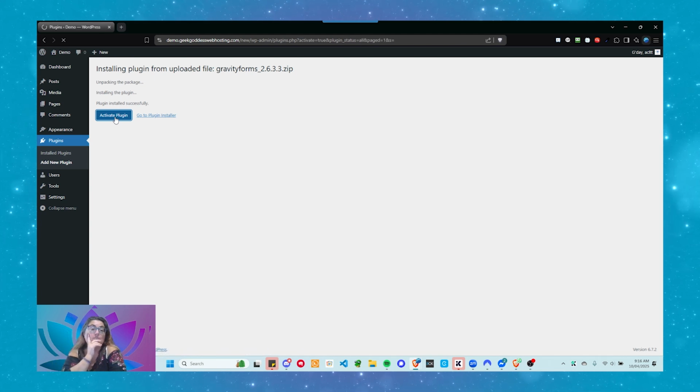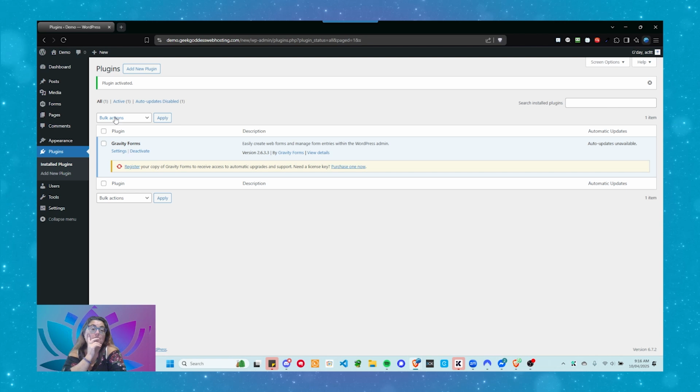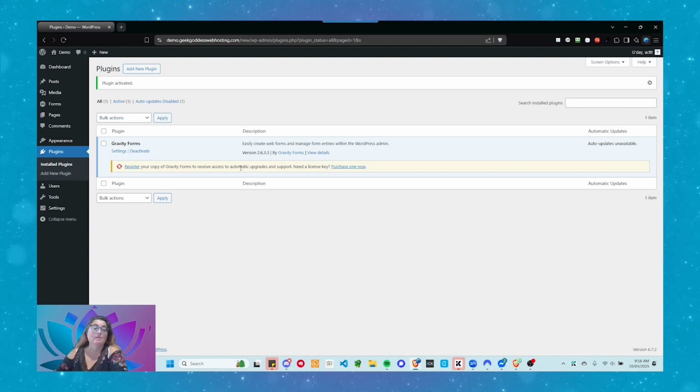So we'll just wait till that activates now. You'll see when you come in, it's asking you to register your copy of Gravity Forms to enable automatic updates. Do that first of all. If you don't